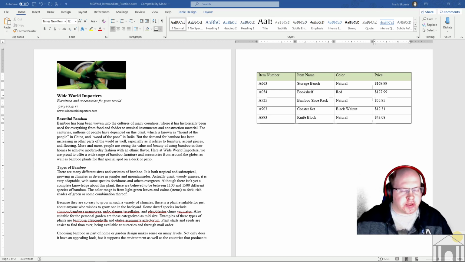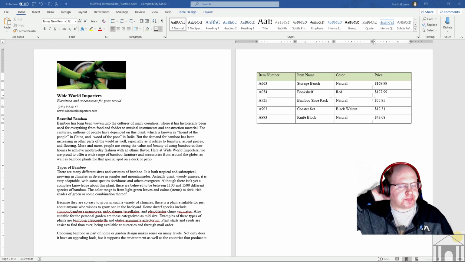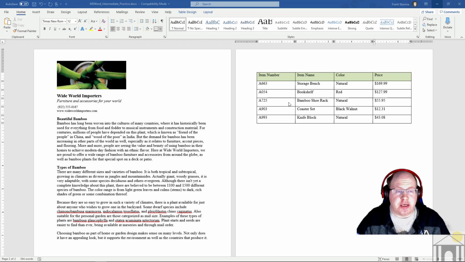Okay, so now that we've done some basic formatting on our table, we've changed our header row to a different color and we've added in a row. One of the things you can do in Microsoft Word with the text in your table is treat it just like any of the other text that you enter in Word. For example, if I want to make this first row or this first column bold,